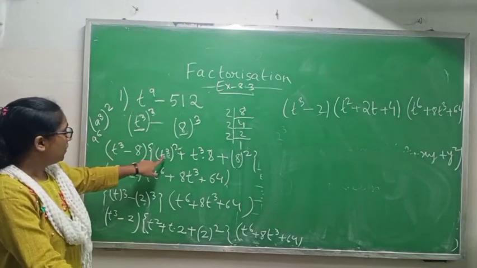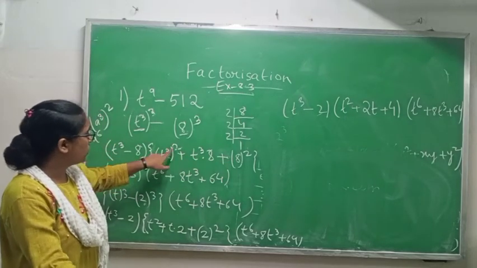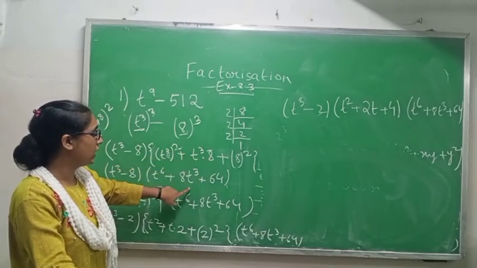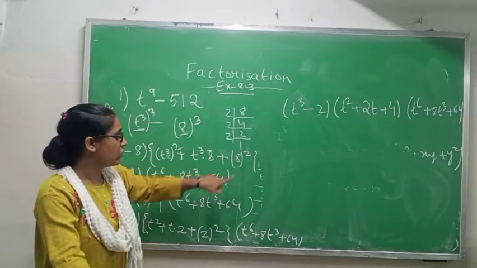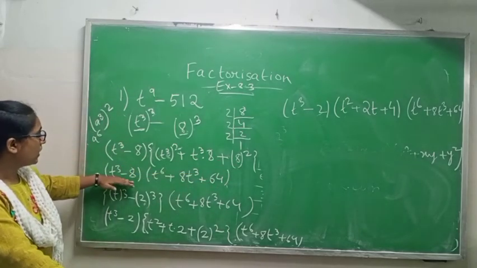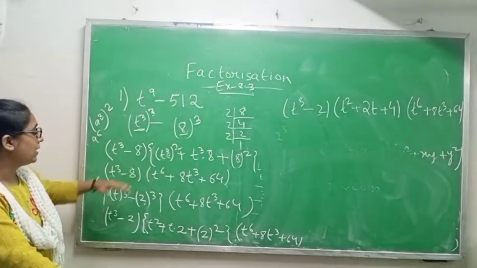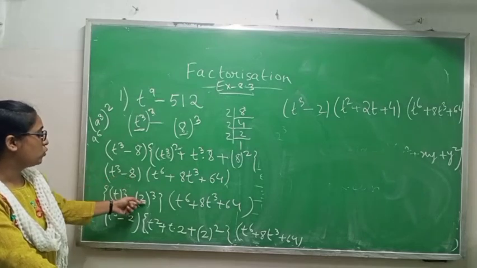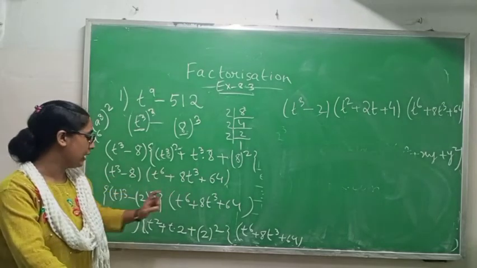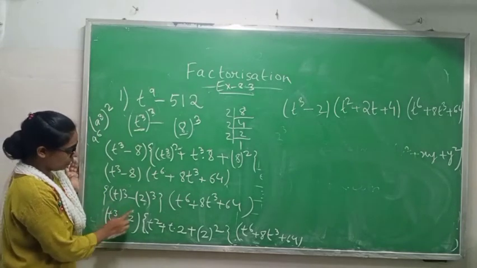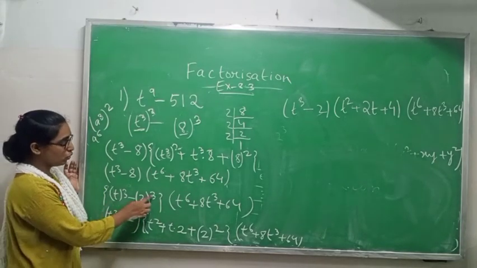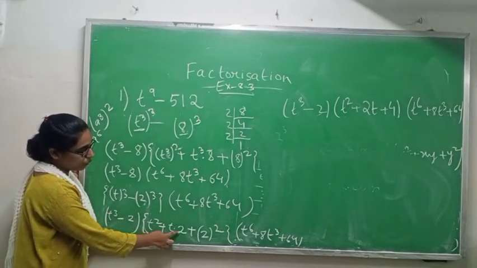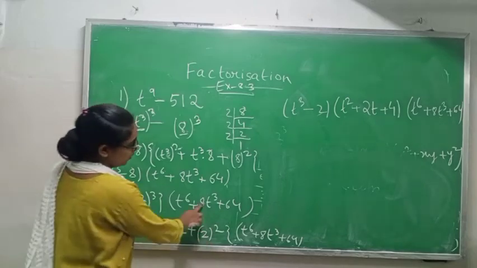Okay. Now when I am putting, I am getting square, so t 3 2s are 6, t to the power 6, plus t to the power 3 into 8, t to the power 3, 8 square will give you 64. Now you can see we can break this one again. t cube minus 8: the formula is t cube minus 8 cube, which is 2 to the power 3. Okay, this one I am writing as it is. Now t cube minus 2 cube, the formula is x minus y, so x minus y, x square plus xy plus y square. Okay, and this one I am writing as it is.